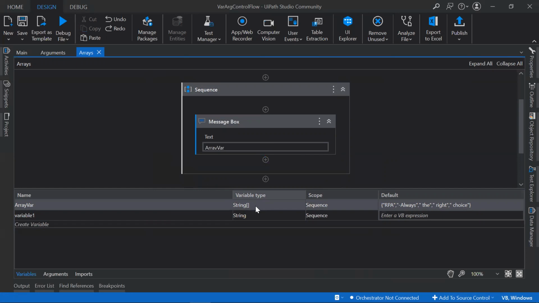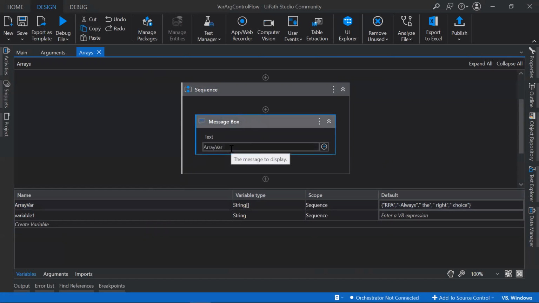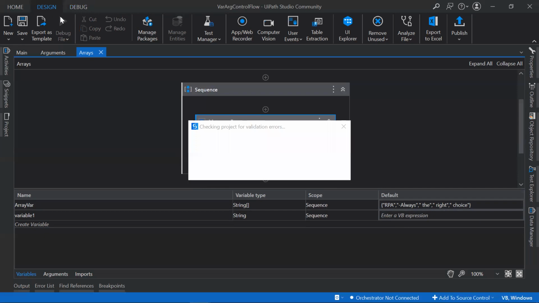Now, if this is the case, then how can we access the data? Let me show you. In UiPath, if you want to get the data from the collection, you call it by its index. Index means each item has its own position. If you call by its position, you're going to get the data. So let me say array variable of 1. See the brackets. I have opened up the brackets and I have given 1 inside that. If I run it,